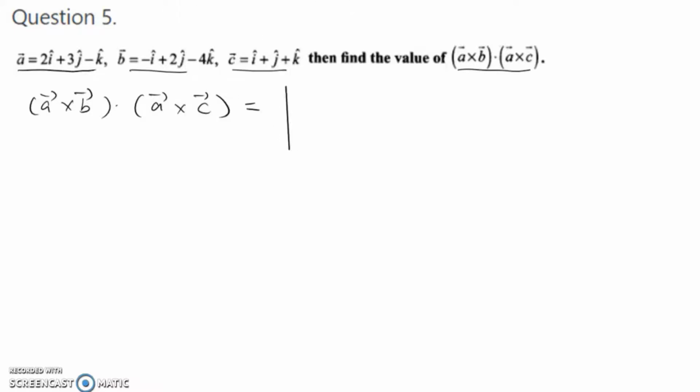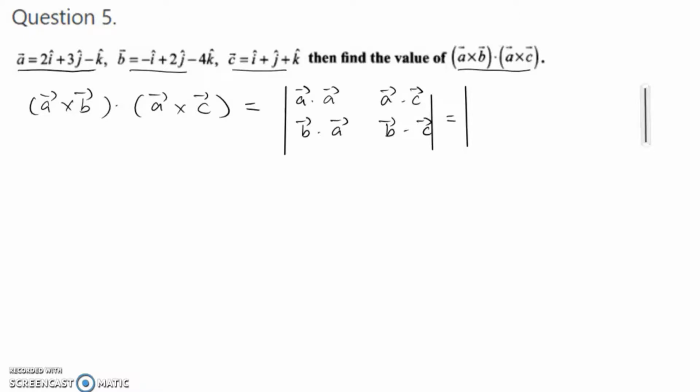In this question, you're given three vectors, vector A, vector B, and vector C. So you're asked to find the dot product of A cross B and A cross C. So A cross B dot product with A cross C will be equal to the determinant of A dot A, A dot C, B dot A, and B dot C. So further expanding this,